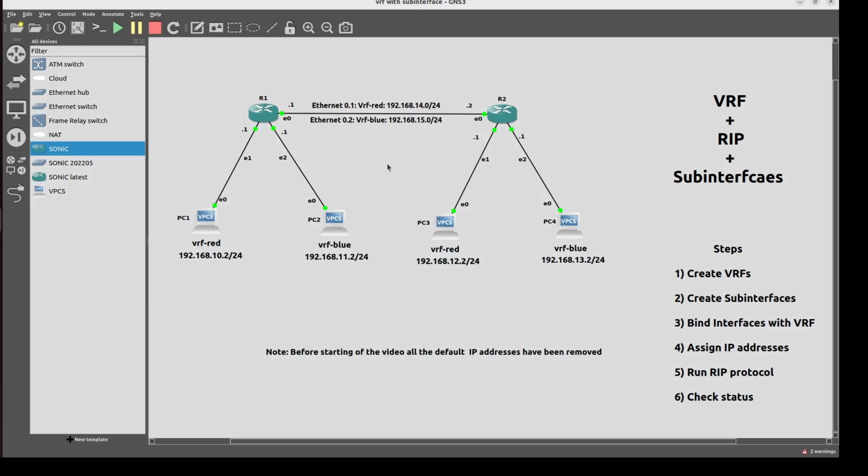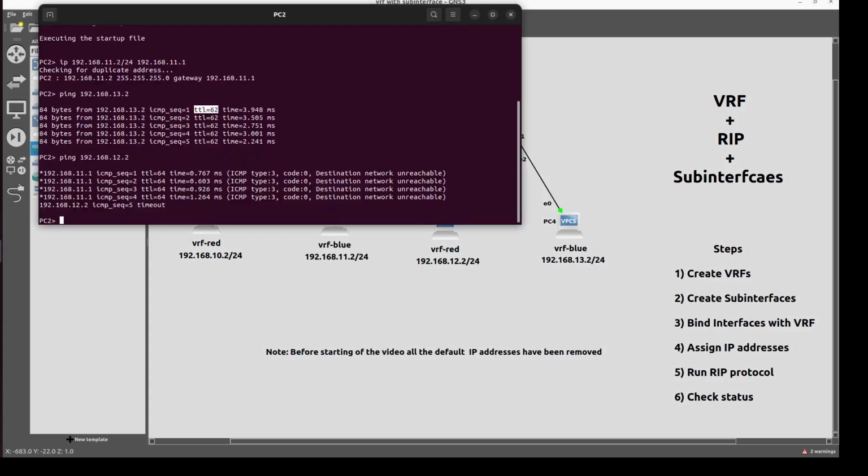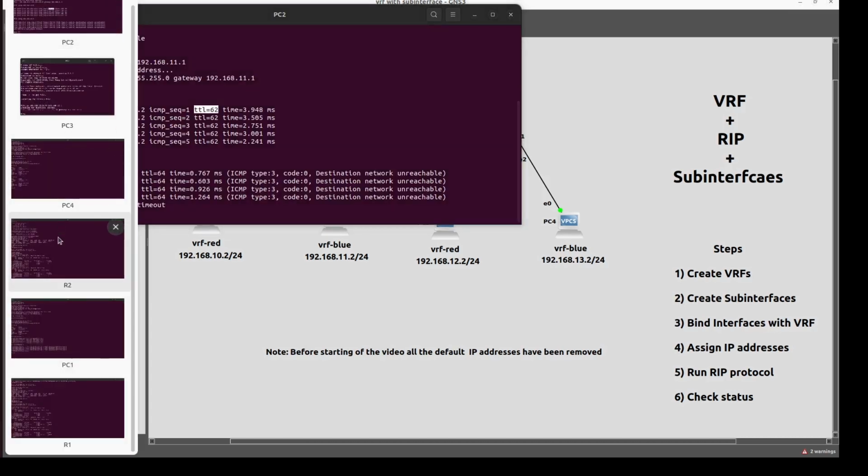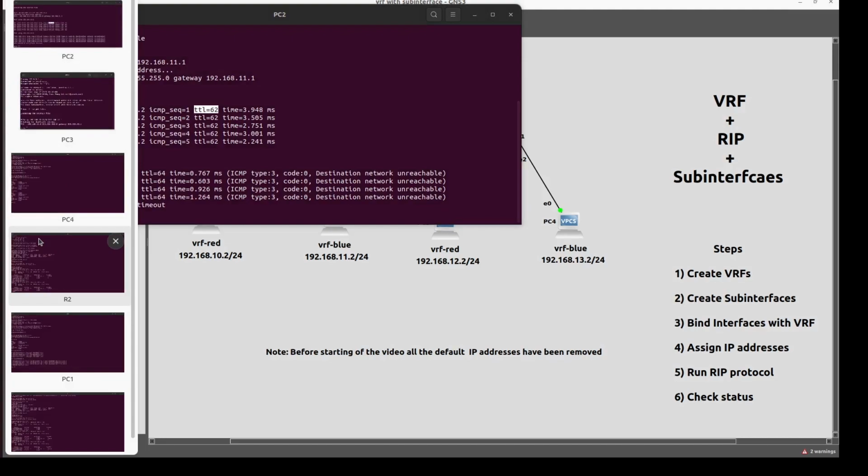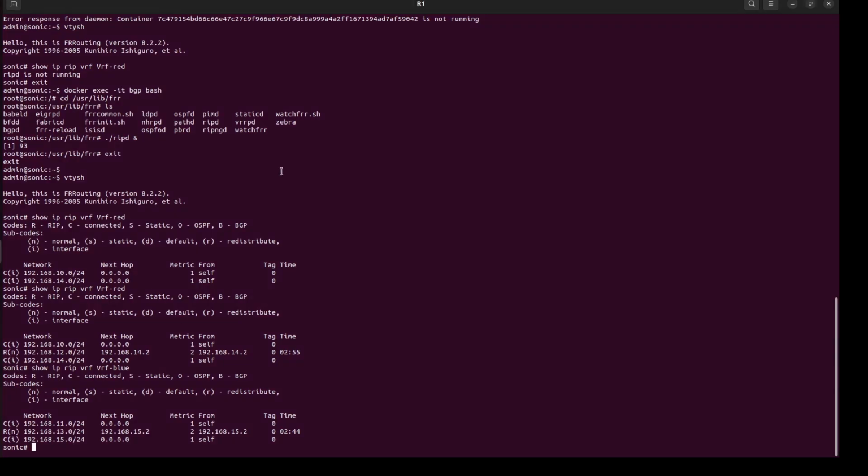So everything is fine. Subinterfaces with VRF and RIP protocol have been configured successfully. Now, before stopping this video, let me show you one more thing by going into router R1. Now I will check the status of